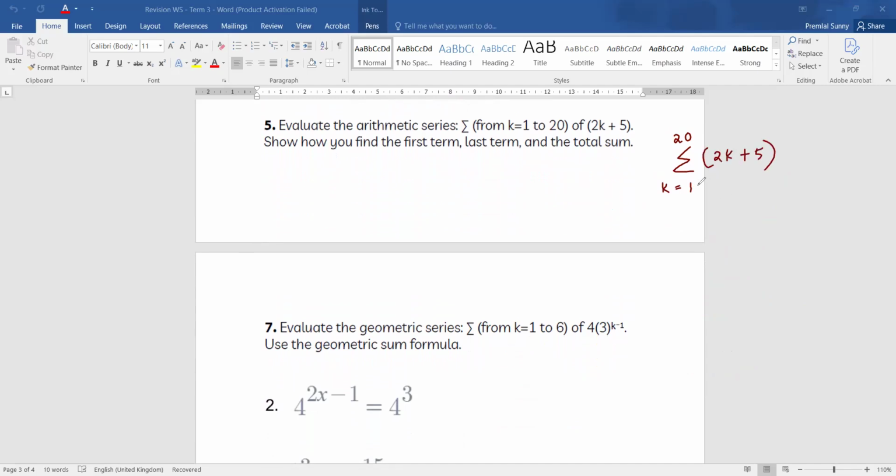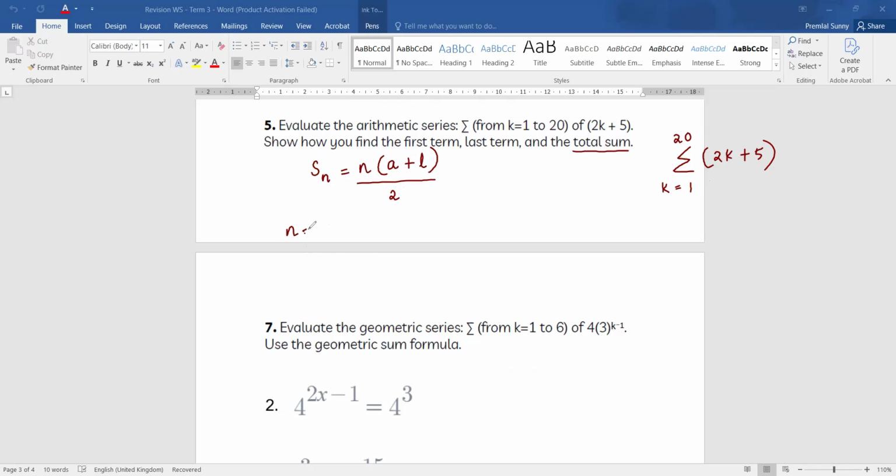Now to find, let's just first write down the formula, since they're asking us to find out the total sum. To find the sum of n terms, the formula is n into a plus l divided by 2,